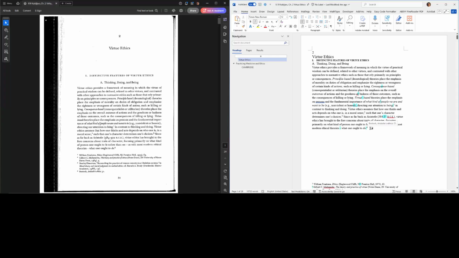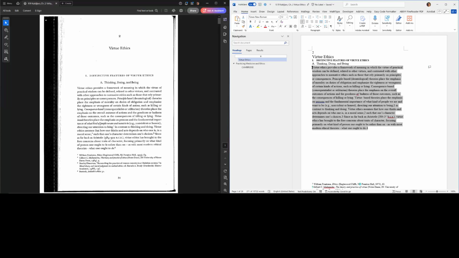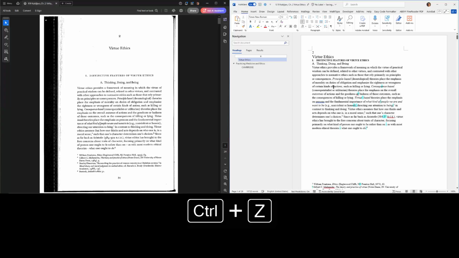And if you ever want to get rid of those blue marks, you can just highlight the section, or you could do Control A to highlight the whole document. But I'm just going to highlight this page and then hold down Control and press space, and that removes all character level formatting. So that's a quick way to get rid of the highlights that ABBYY puts in. I'm going to Control Z to put them back because I'm going to use them.